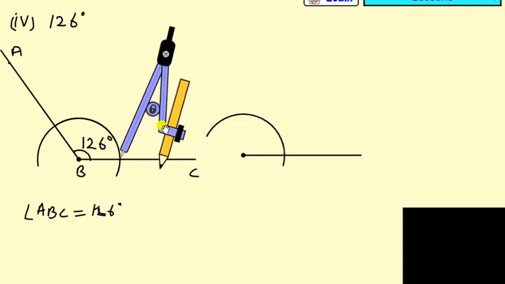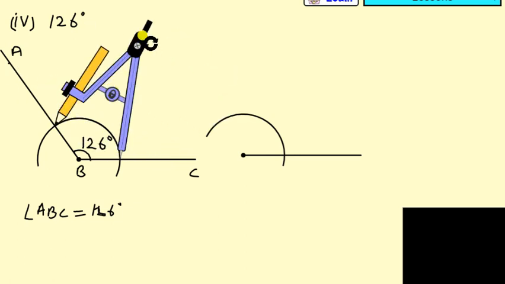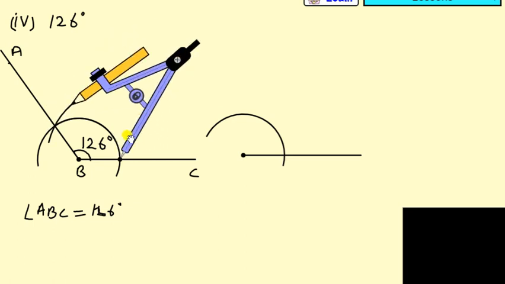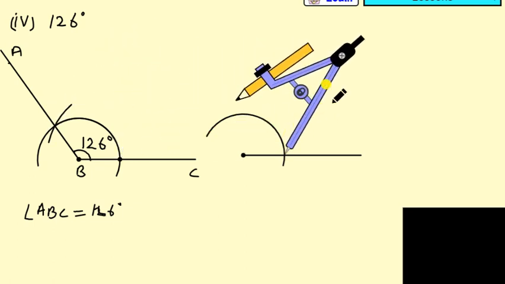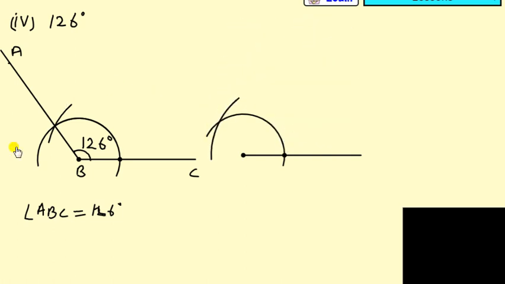So let us see. You can write angle PQR. It is P, it is Q, and it is R. So angle PQR will be equal to how much? It is 108 degrees. So this is your protractor. You can measure the angle with the help of it. You can see here it is 108 degrees. It is very clear. Now remove it and write this 108 degrees.